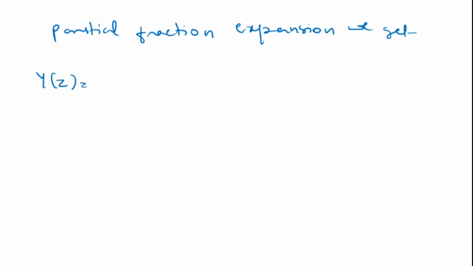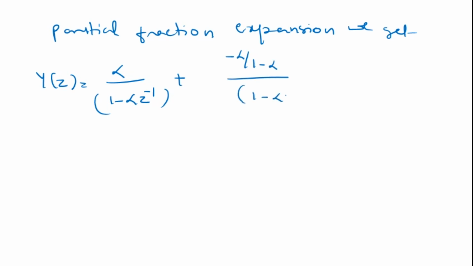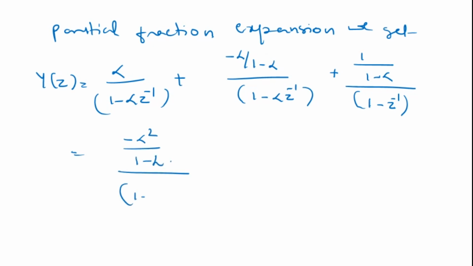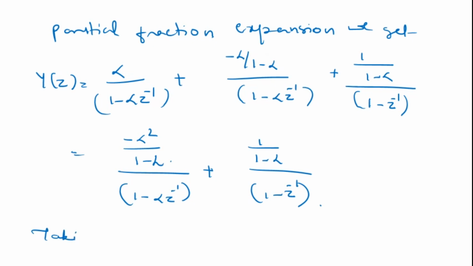Using partial fraction expansion, we get y of z is equal to alpha divided by 1 minus alpha z inverse plus minus alpha divided by 1 minus alpha, whole thing divided by 1 minus alpha z inverse plus 1 divided by 1 minus alpha, whole thing divided by 1 minus z inverse, which is equal to minus alpha square divided by 1 minus alpha, whole thing divided by 1 minus alpha z inverse plus 1 divided by 1 minus alpha, whole thing divided by 1 minus z inverse. Then, taking inverse Z transform